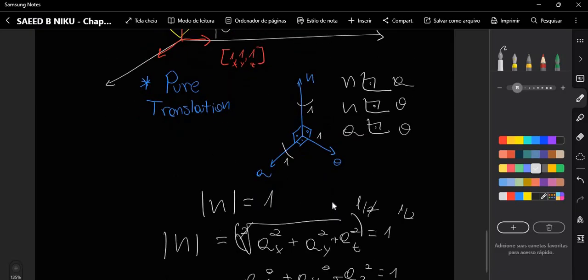And this way we can write 6 restriction equations